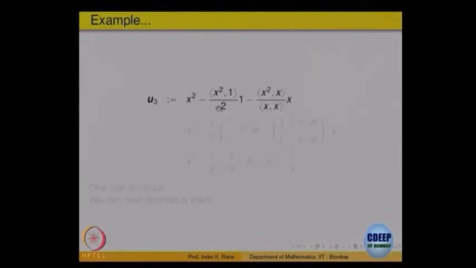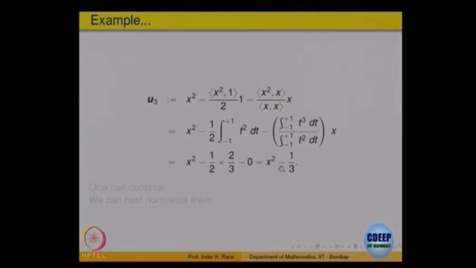So, x square: remove the projection onto 1, remove the projection onto x, and write everything in terms of the dot product, that is, the integrals. So, those are the integrals, and you simplify, that comes out to be x square minus 1 by 3. So, the Gram-Schmidt process gives you u3 equal to, from x square you have to remove 1 by 3, then u1, u2, u3 are perpendicular to each other, and you can go on doing this process further,